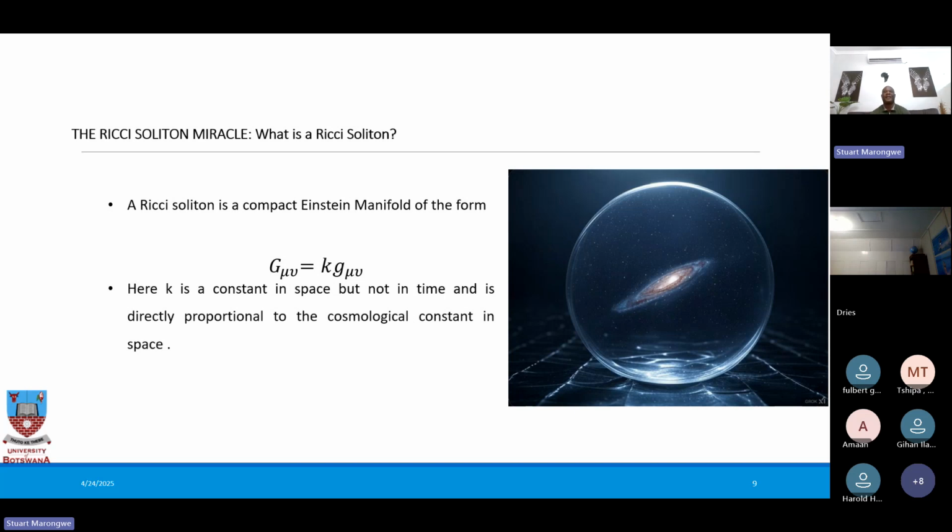The Ricci soliton first appeared in my equations of quantum gravity. So in recent times, over the past 2 years, I've been trying to translate my quantum gravity theory into a classical form. In order to do that, I had to use what is known as Mach's principle. Mach's principle, in one of its flavors, says that space-time cannot exist without